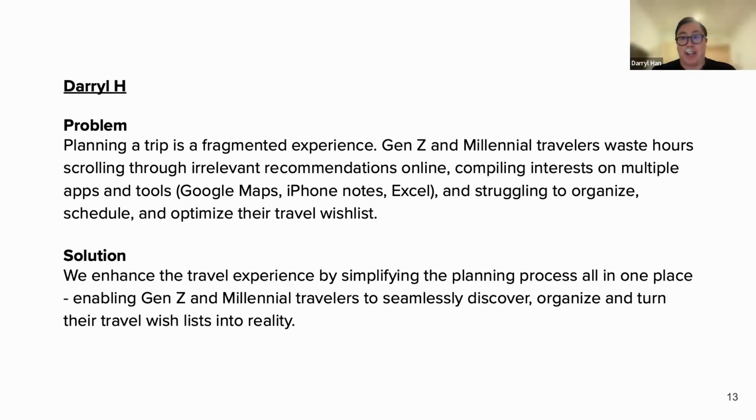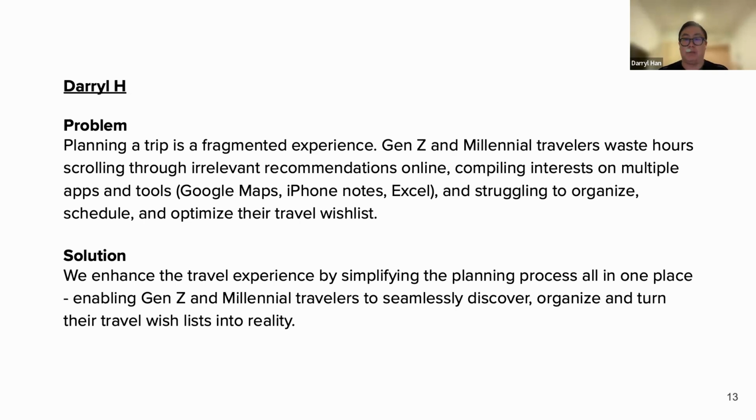Cool. So yeah, basically travel's back. We all know that. Gen Z and millennial travelers would travel more than ever. But with current methods, they go through a whole bunch of recommendations online, TikTok, Instagram, all over the place. They then compile their wish list in a Google Maps list or iPhone Notes, wherever. And then they go to, say, Bangkok for 3 days and they're like, okay, I have 30 places I want to go. How do I best make time out of this?